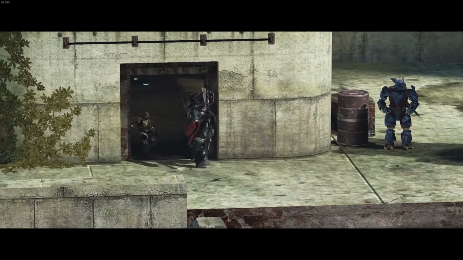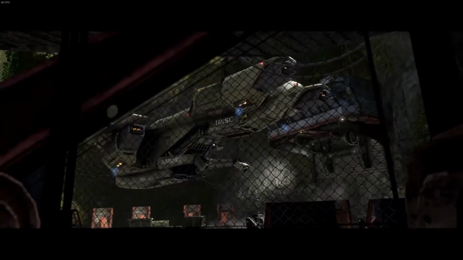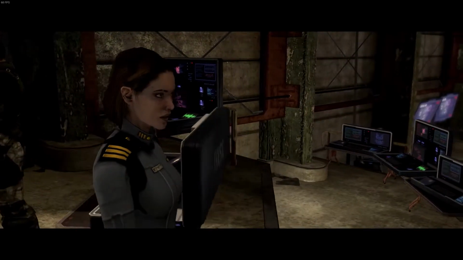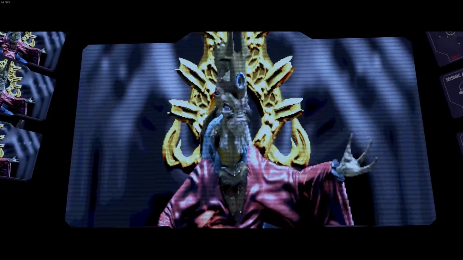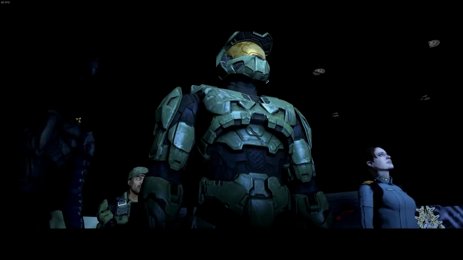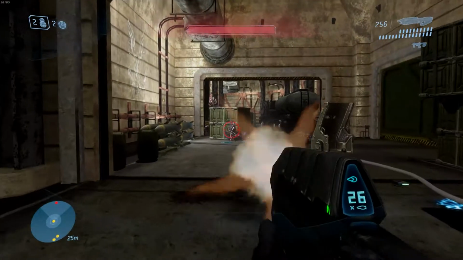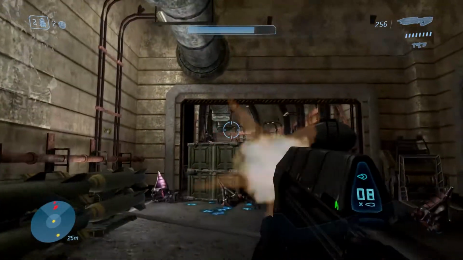Johnson is captured, but is rescued by Chief and the Arbiter before they all move up to the Crow's Nest, a military base from the 20th century. While you meet up with Commander Miranda Keyes and debrief with Lord Hood, Truth interrupts with a broadcast, ranting and raving about how the galaxy shall be cleansed in the sacred fire of Halo, and that all the non-believers will be burned. This is followed up by an assault on the Crow's Nest, where you have to hold off Covenant